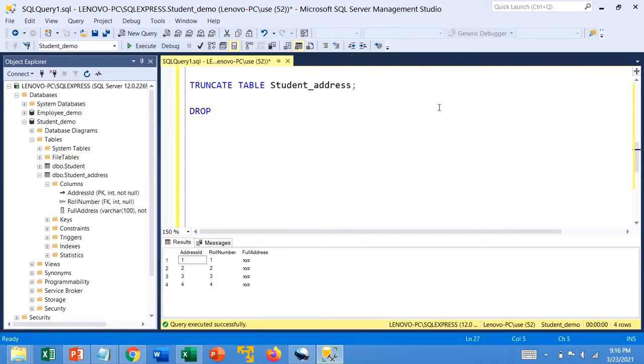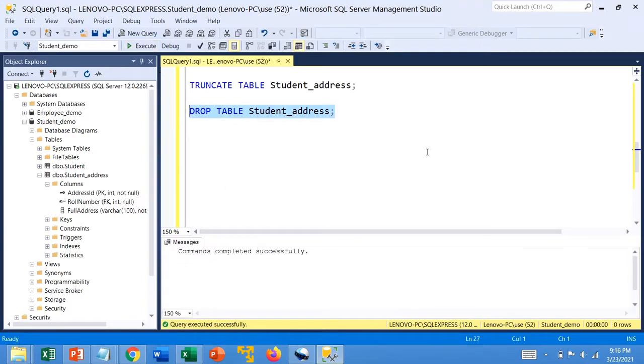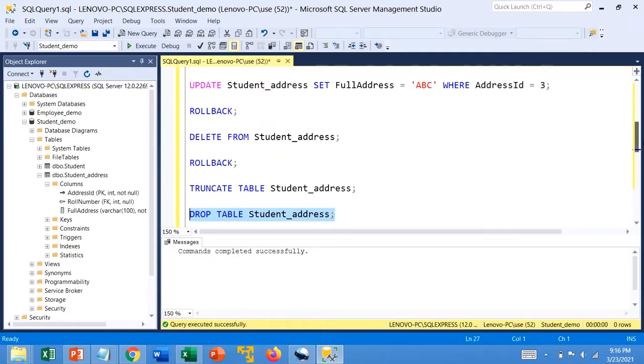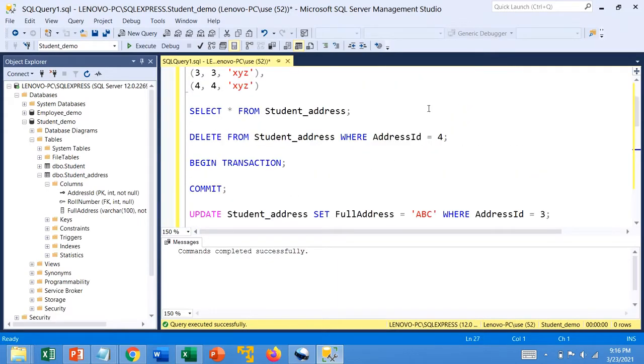For that, we have the query drop table and table name, which is student address. Now let's execute this command. Command is successfully completed, and now let's try to retrieve all the records.